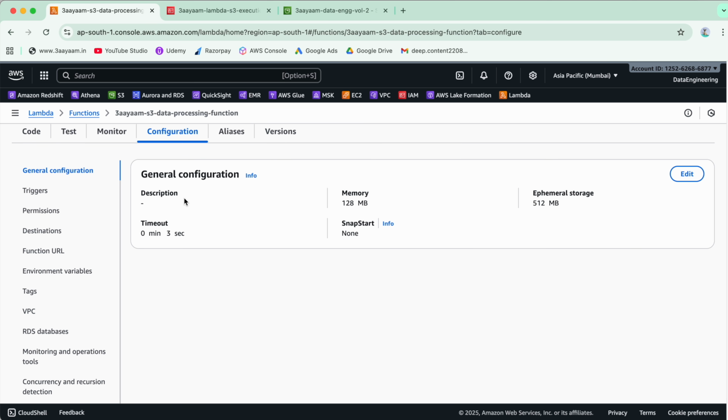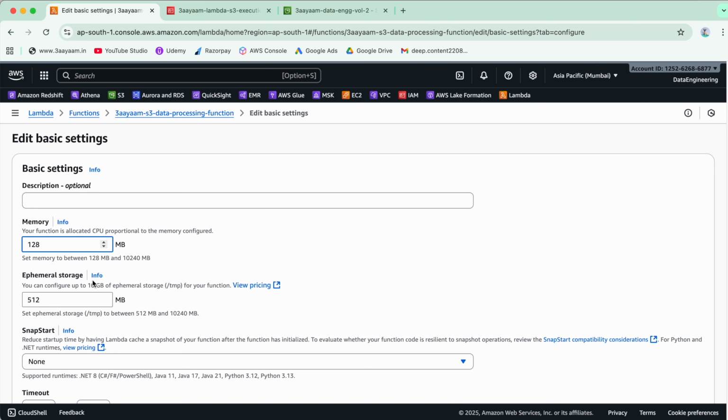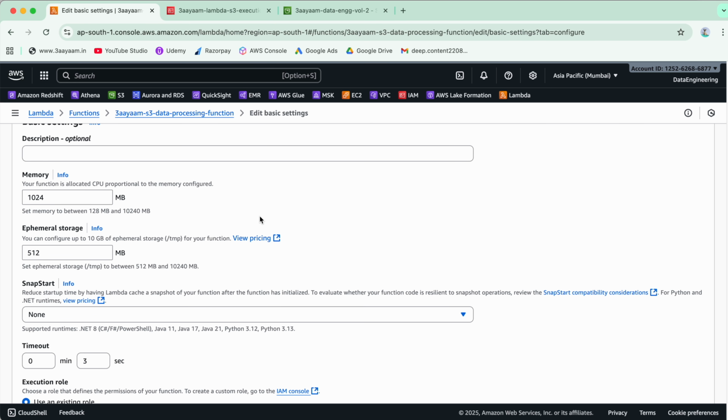So in the general configuration, there are a few things. Here you can mention the amount of memory that you need for this program. So in this case, I'm just saying I need 128 megabytes of memory. You can click on edit here and you can change it. The minimum is 128 MB and the maximum is 10 GB. So I'll change it to 1 GB maybe. So 1024 MB, which is approximately 1 GB,